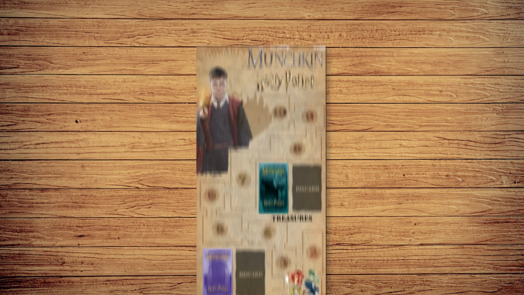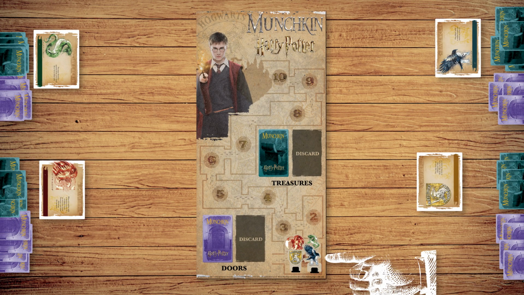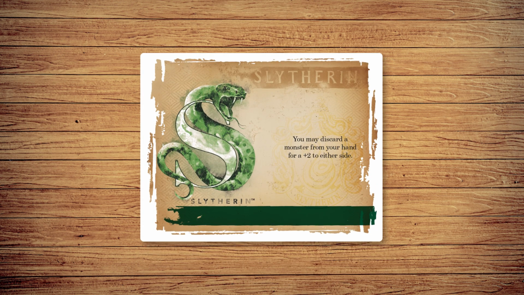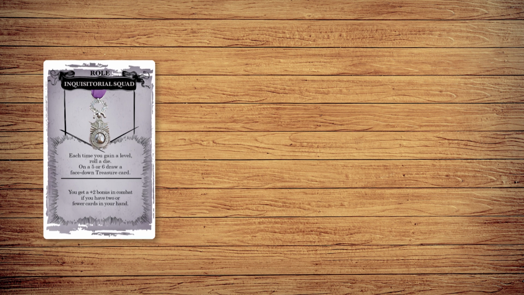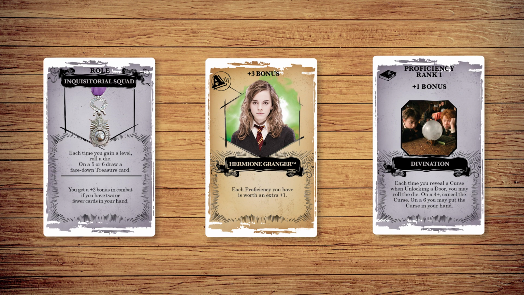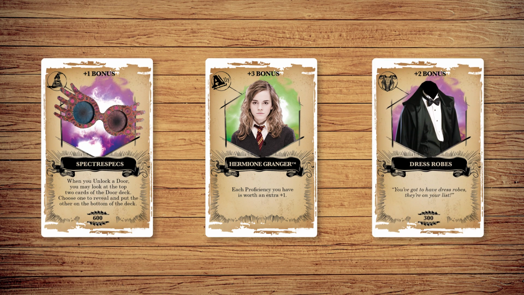Each player starts the game at level 1 with a hand of cards. Players will use their cards to increase their stats and mess with other players. In addition to each player's house ability, players can play other cards which grant unique abilities and stats. Players can have 1 active role, 1 active ally, and proficiencies, with ranks that are equal or less than the player's current level. Players gain treasure from defeating monsters and can play items like headgear or armor to increase their